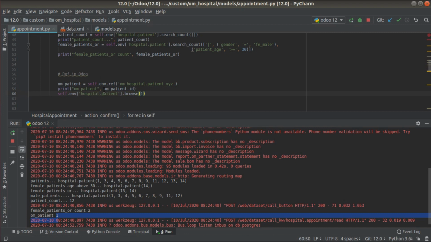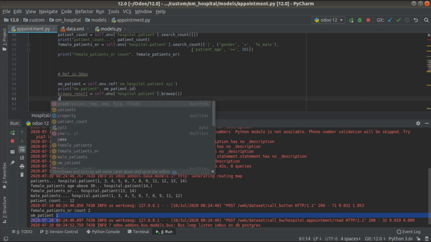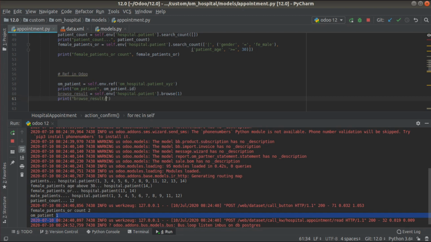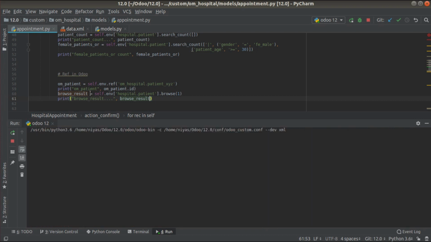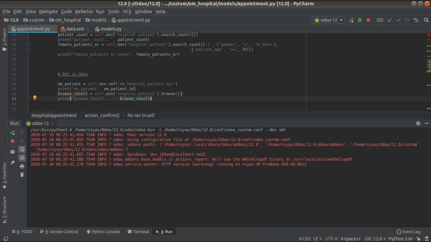So currently we have ompatient.id, so I'll be simply passing the 1, and I'll print the browse result with some dots, and let's see what happens. So what I have done is self.model name browse of, I have passed the ID.